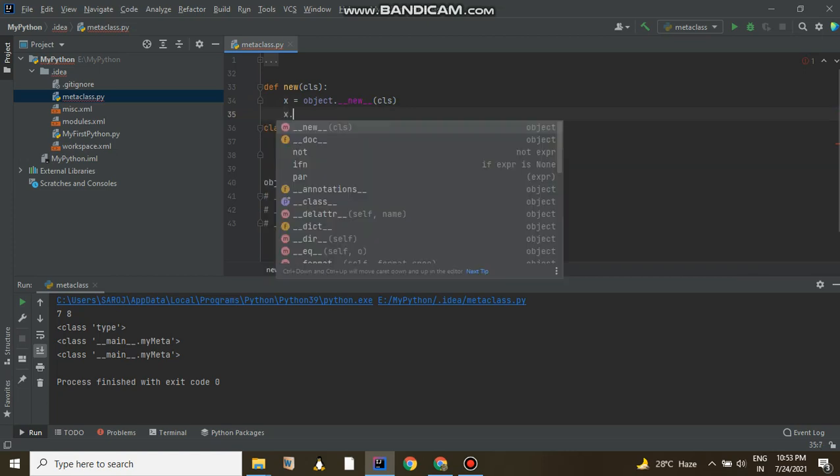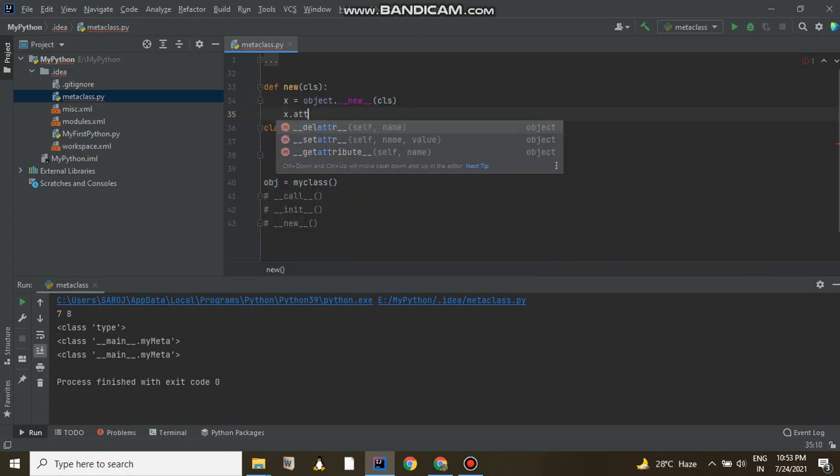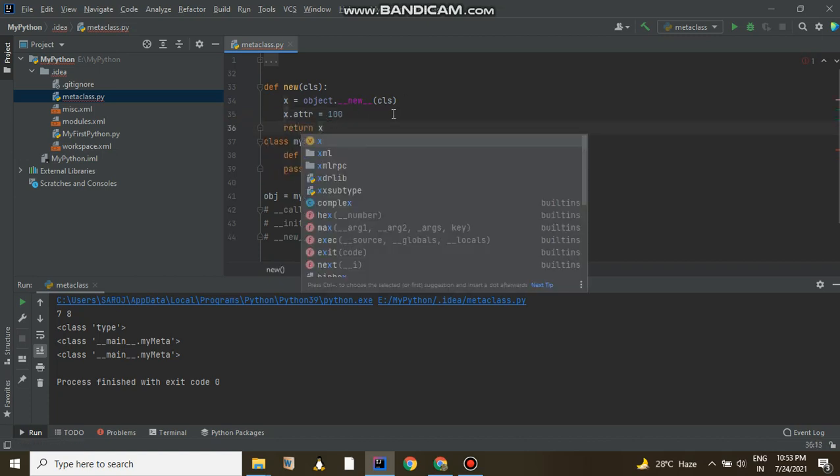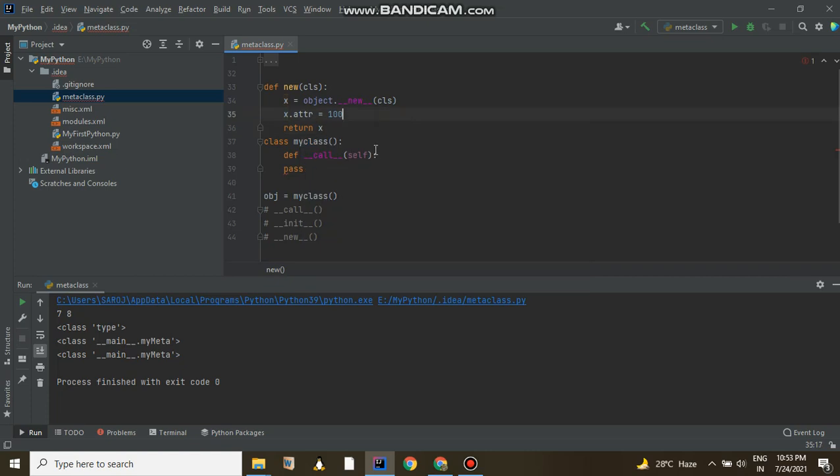Then I am adding an attribute here, x.attr equal to suppose 100, then return x, right? This much.